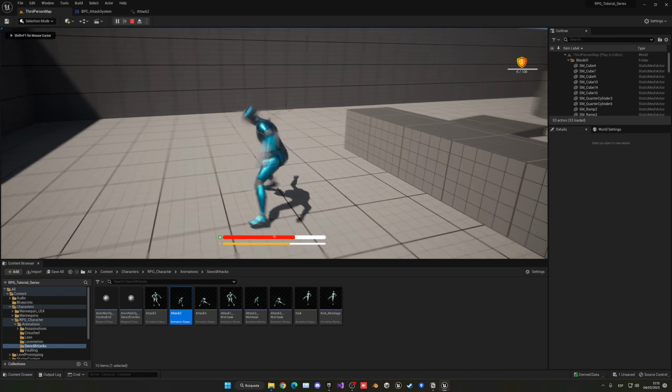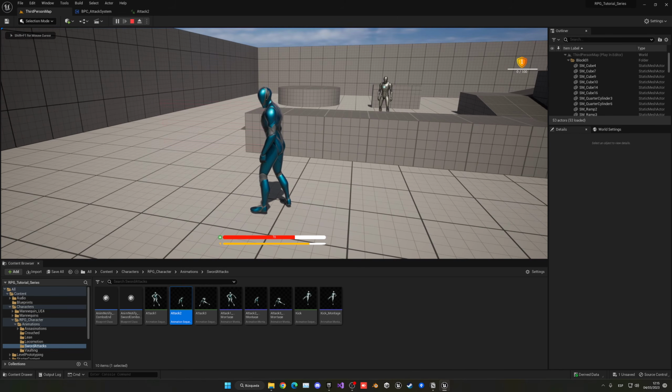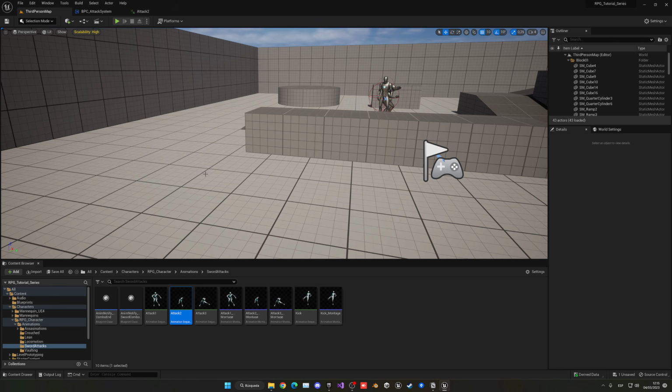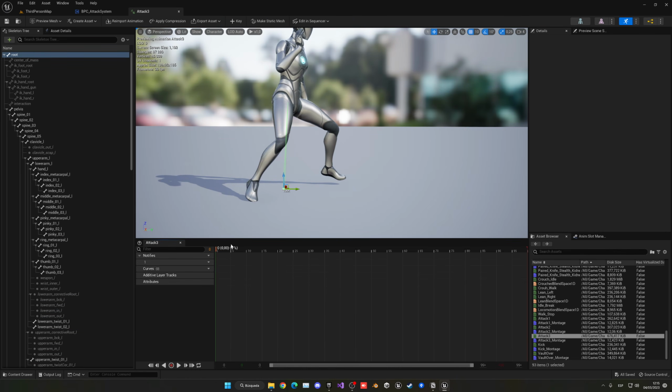So now if we press play, you can see it moved the player now. Great. So Ctrl Shift S to save everything. Now you probably may not notice a huge difference, but it did move the player, and it looks much better. And now in attack 3 we have to do exactly the same thing,